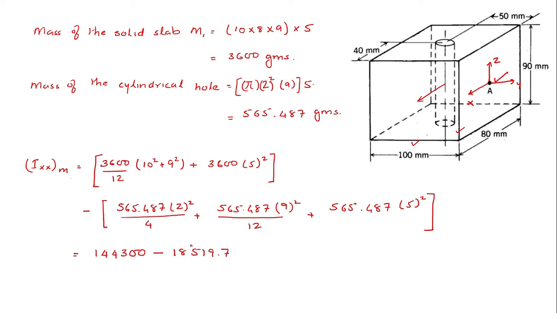This is due to the removed cylindrical portion. So this would give me 125,780.3 gram centimeter square. So this is the mass moment of inertia of this corresponding solid with respect to the